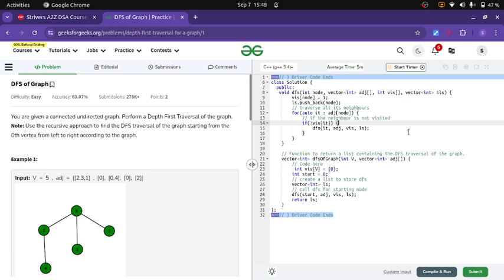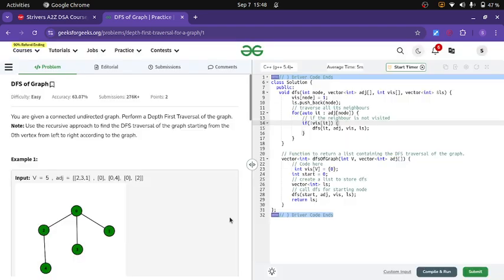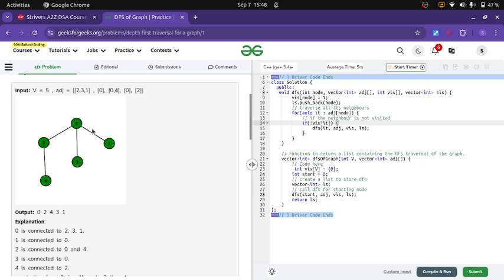Let's start a very interesting problem, which is DFS of a graph. This problem is very simple. What we have to do is perform depth first search. It means rather than going level by level, we'll go deep. First, we'll take a branch, then we'll do DFS of it,